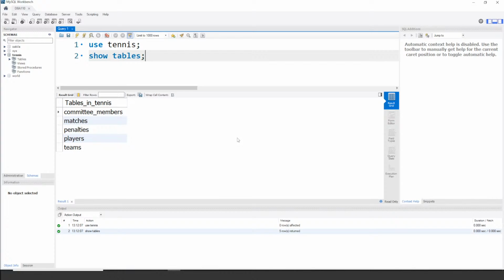So the players table, I believe, has the most data in it, and so it's the one that you're probably going to be working with the most. Whenever I'm working with a table, especially one that has a lot of data in it, one of the things that I always like to do is just have it show up there. So show asterisk from players